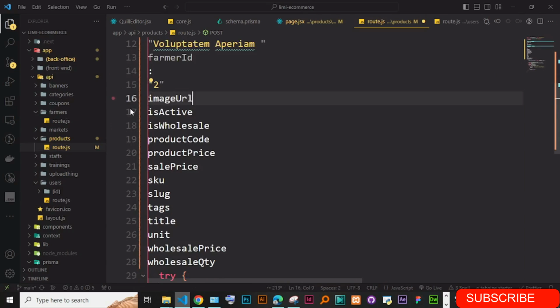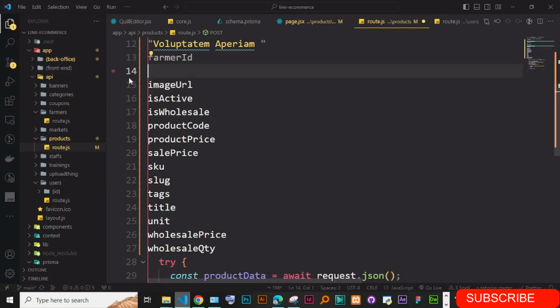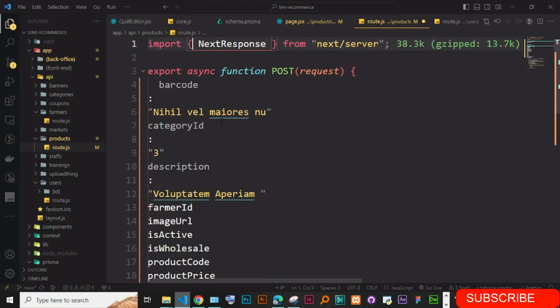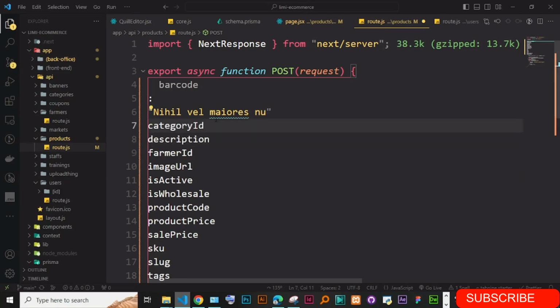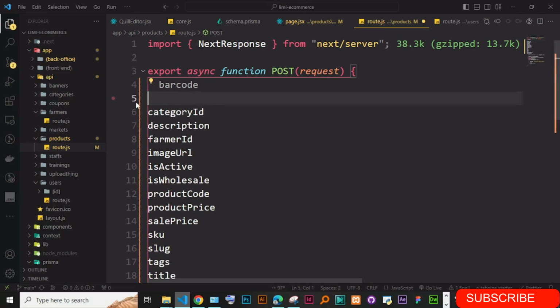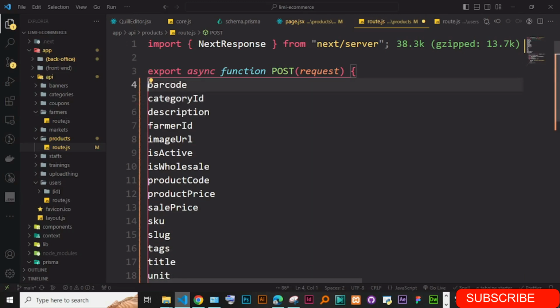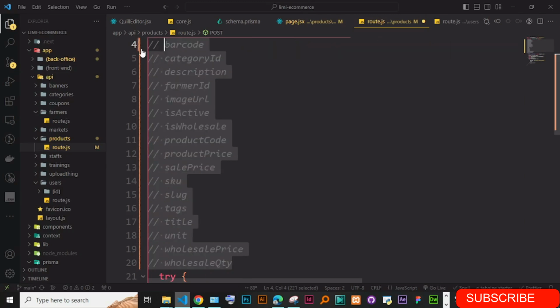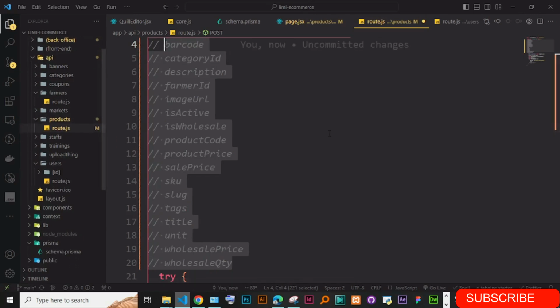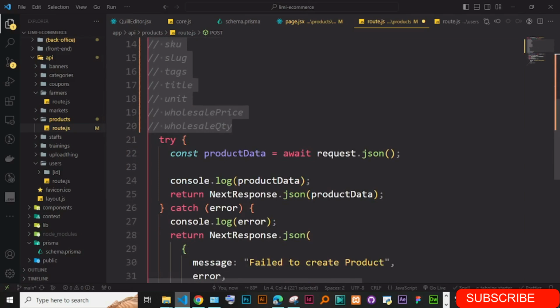Okay, we have all these things here, category ID, and then of course all these, and even the barcode. So these are the keys that we have. I'm just going to copy these, Ctrl C. Now the most important thing is to make sure that all this data, which we are receiving here as product data,